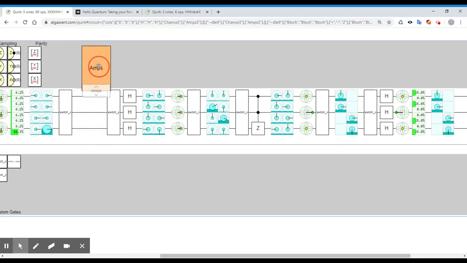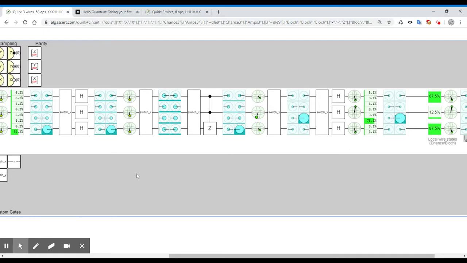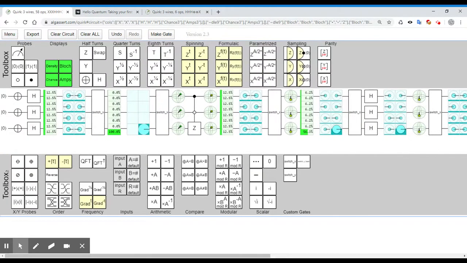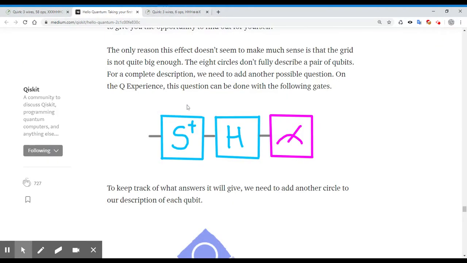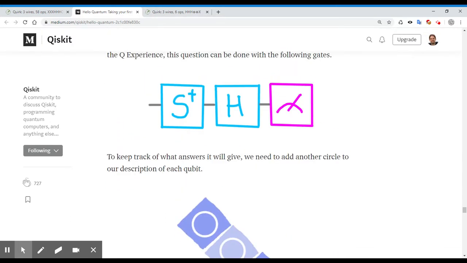Come on. Following gate. That's not the Y observable. That's something else. My god. Is it? Or